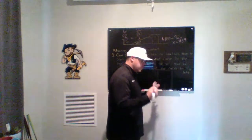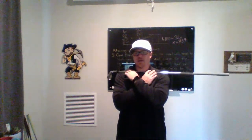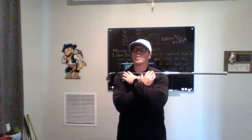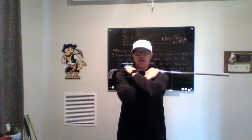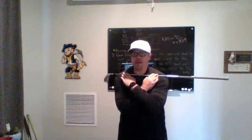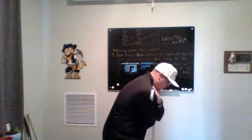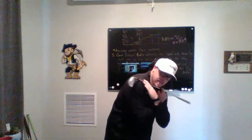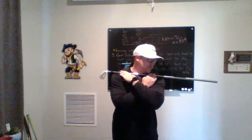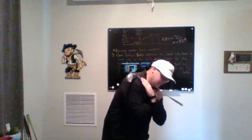One thing that you can do is put a club across your shoulders here and make sure you go socket to socket. You can actually go straight down, just like that, right across my collarbone. I'm right on, I got some front deltoid muscles. I'm just putting that club right on top of that as I'm holding that. What I can do is now I can go and do my rotation up to the top, and I can keep my shoulder angle down. If you're doing this, you're going to be able to clearly see that you are leveling out. So going up to the top and feeling that